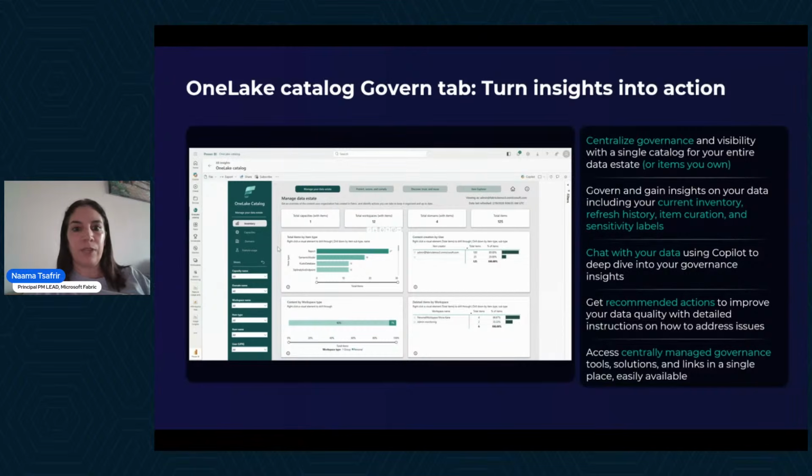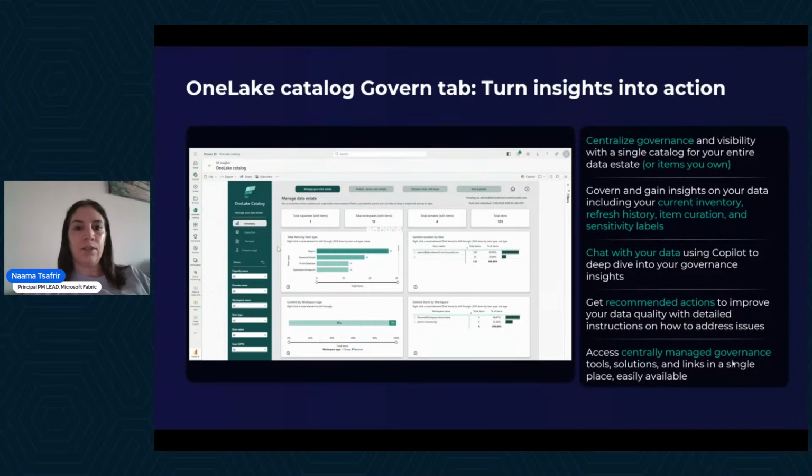So a lot of proactive actions that users can take to ensure the data is governed properly, structured, and can also track what is